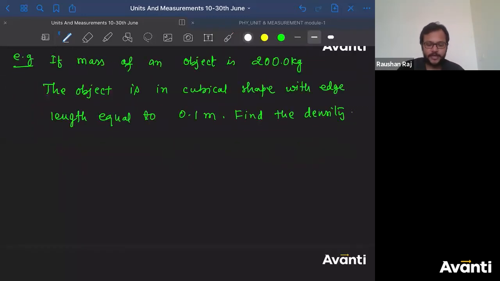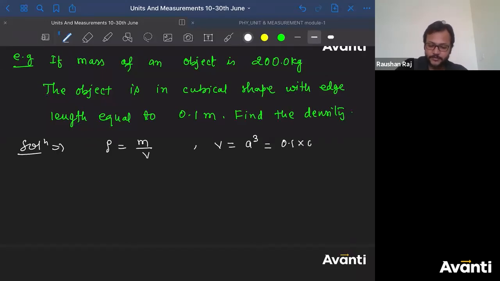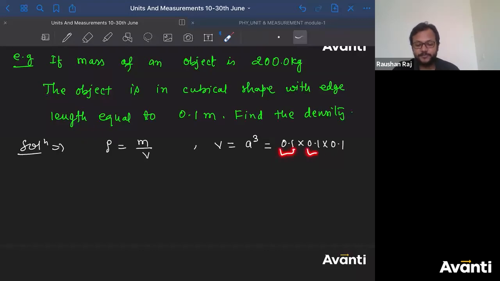So mass दिया हुआ है। What is density here? Density is nothing but mass per unit volume. तो मास तो दिया है correctly। Now what is the volume? Volume will be a cube, है ना। So 0.1 to the power cube, that means 0.1 into 0.1 into 0.1. So if you multiply this, in the multiplication, what should be the number of significant digits that should be counted?